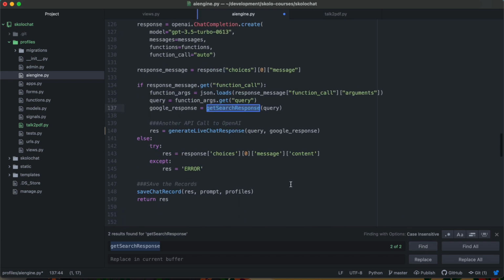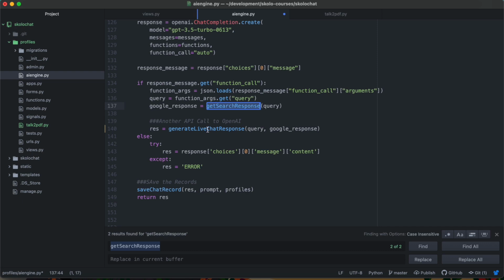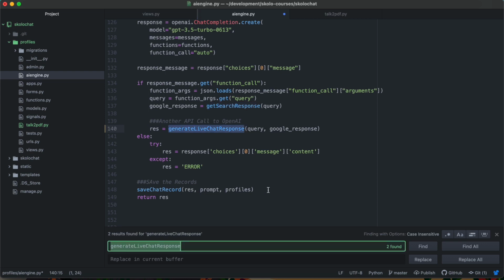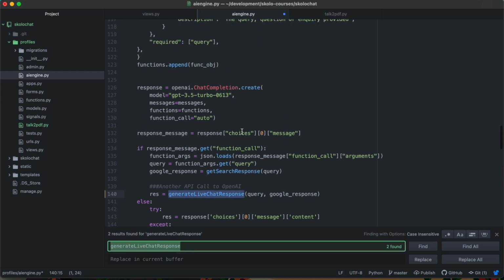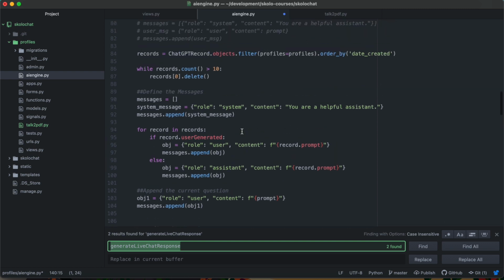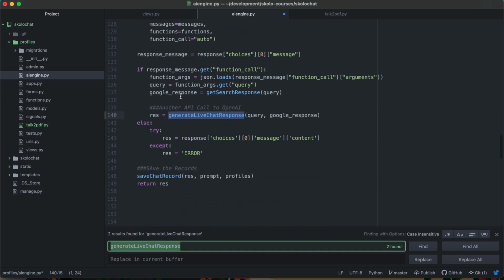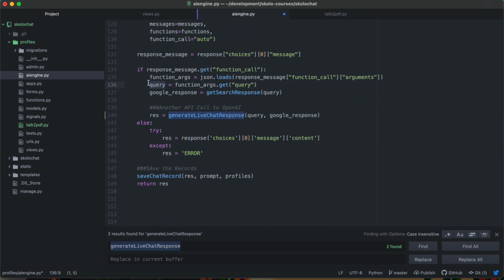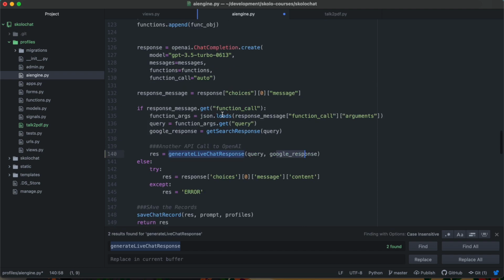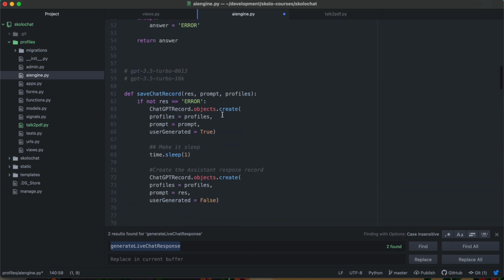And then we take that answer from the search response and we put it back into a ChatGPT function, which is now the generate live chat response. And that one now takes the initial query that the user had given, which is the prompt. The initial query, which is what we got from the original function, and then the Google response, which is a second response, and it takes in these two variables